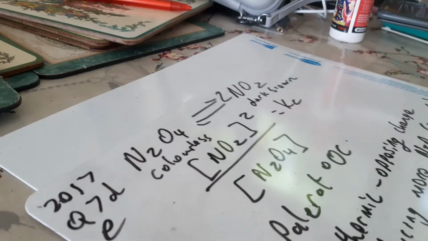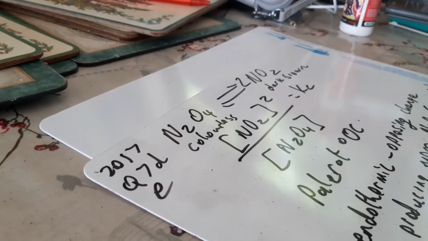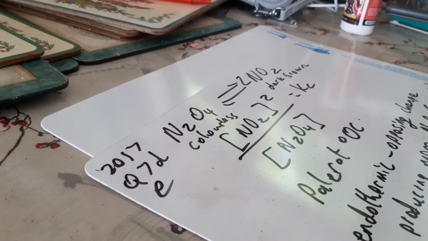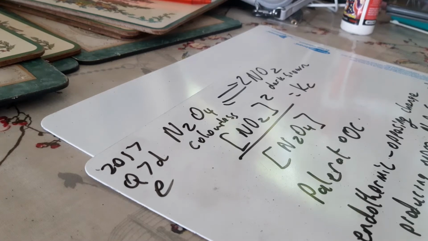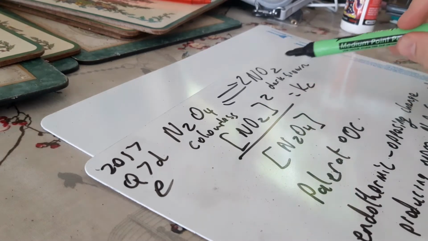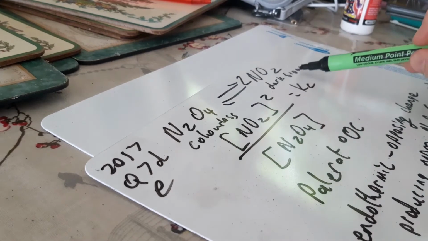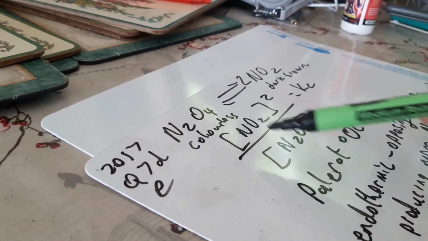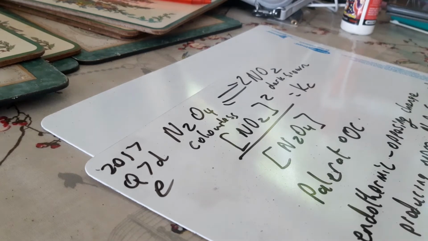This one is 2017. This is question 7, part D and part E, okay? So this is where they give you this reaction here. This N2O4 gives us two NO2s. It tells you that this is colourless and this is dark brown. And again, I've written out the Kc equation. I think it always helps to have it in front of you. And for part D, they say the colour of the equilibrium mixture is paler at 0 degrees than at T, where T is greater than 0 degrees. Explaining your reasoning, deduce whether the decomposition of nitrogen tetroxide into nitrogen dioxide is an exothermic or an endothermic reaction.